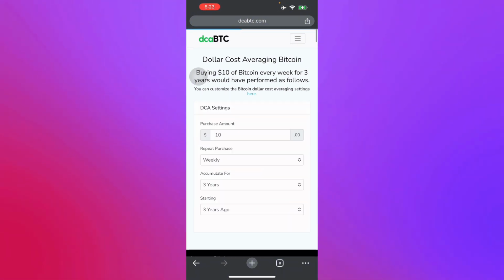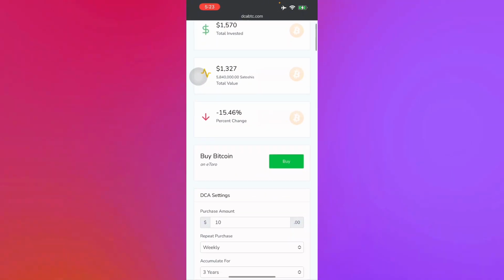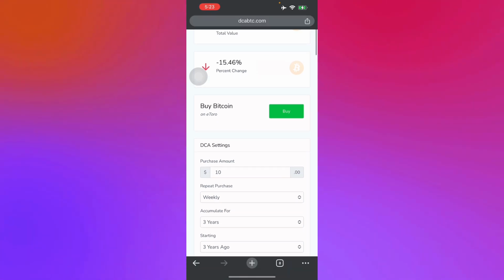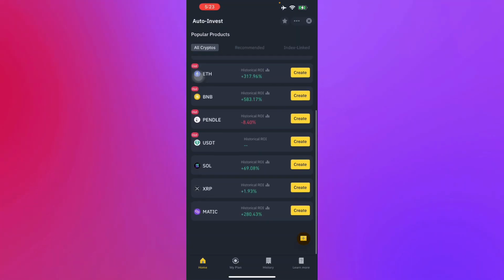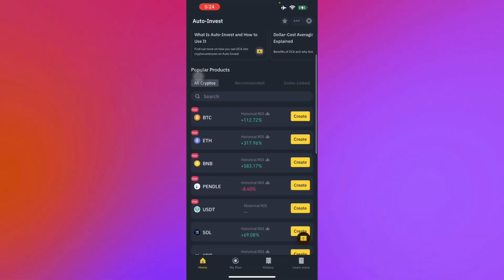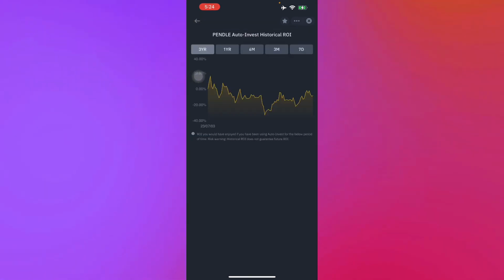So guys, I want you to be careful in what you're investing. If you are trying to invest in a coin, you must be wise in choosing that coin, because here in Binance, not all coins are reputable, and there's a historical ROI, as you can see right here. So let's try to look at it. So here in the Pendle, there's auto invest historical ROI. In the span of 3 years, there have been pretty big dips, and here in 7 days, as you can see, it has been recurring and